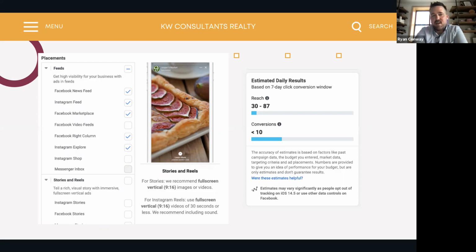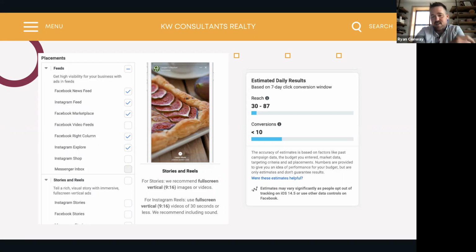And I restrict mine down to the ones where I feel the ad creative shows up the best, to show them the image of the property and the call to action, and not have a lot of the information disappear. I usually use more static images to advertise, so I don't want it to show up in videos, where people are looking for motion and things that are more engaging and interactive. So I remove it from the video feeds and focus more on the static kind of content.